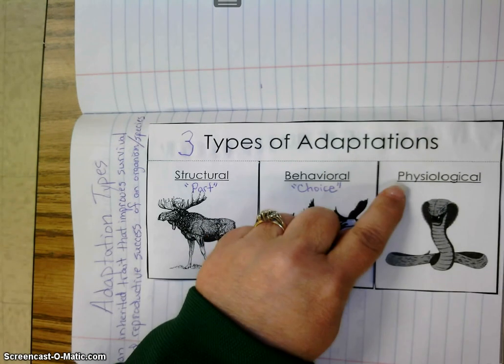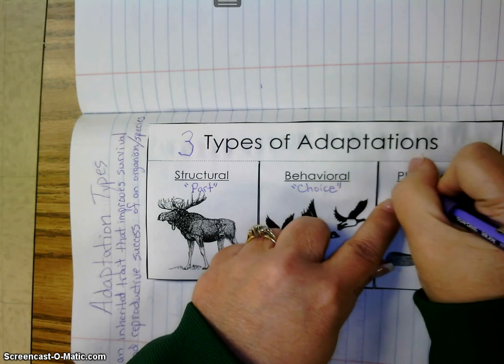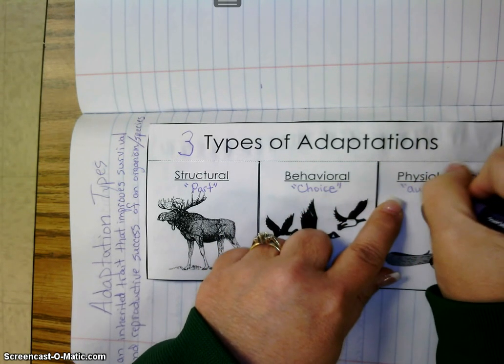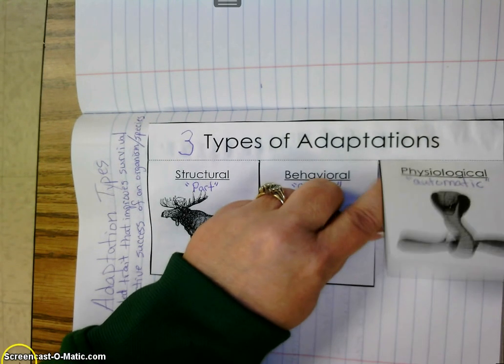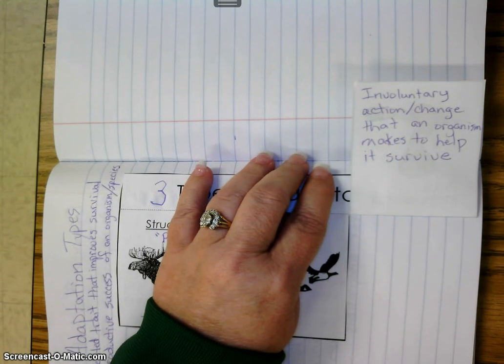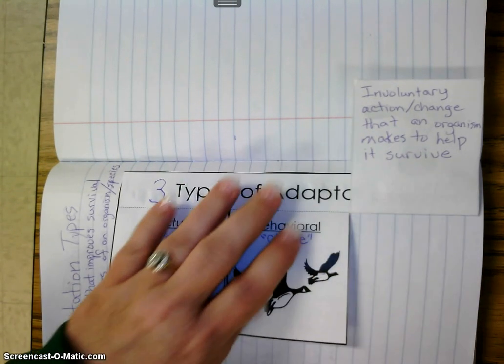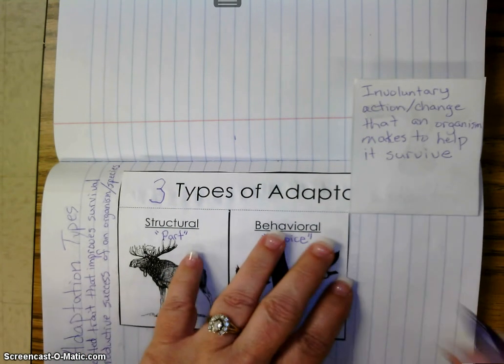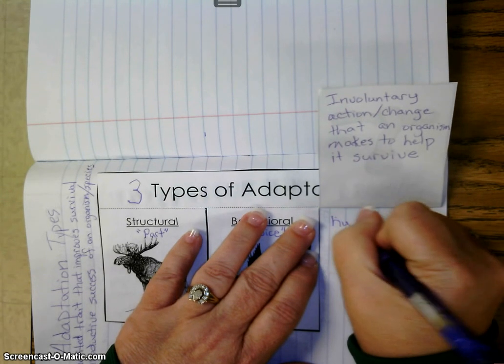The next one is physiological, which has to do with physical, but it's involuntary. So we're going to say that it's automatic. They don't choose it. It happens automatically. And so physiological is involuntary action or change that an organism makes to help it survive. It might help it survive, it might help the whole species survive. Some examples of that are when you get hot, your body automatically produces sweat. You don't choose that, it happens automatically. So humans sweating